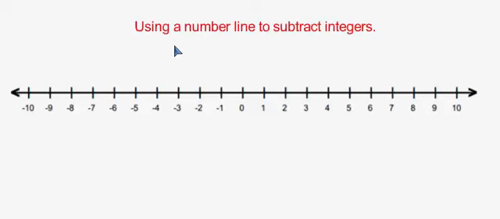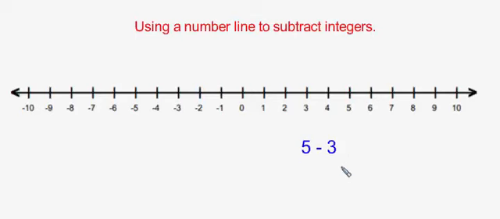In this problem, I'm going to show how to use a number line to subtract integers, particularly if one or both of those integers are negative. Before doing so, though, I want to develop some intuition by showing you how to use the real number line to subtract positive integers. So here we have a positive 5, and we are going to subtract the positive integer